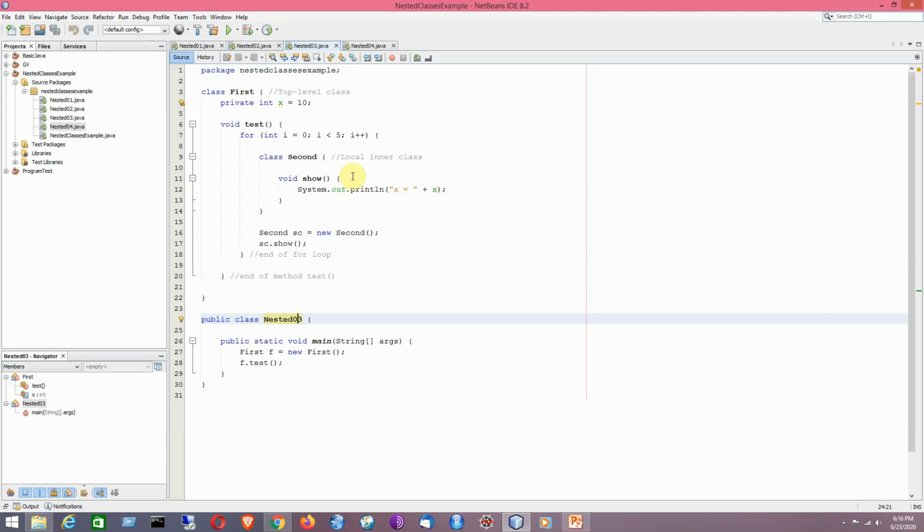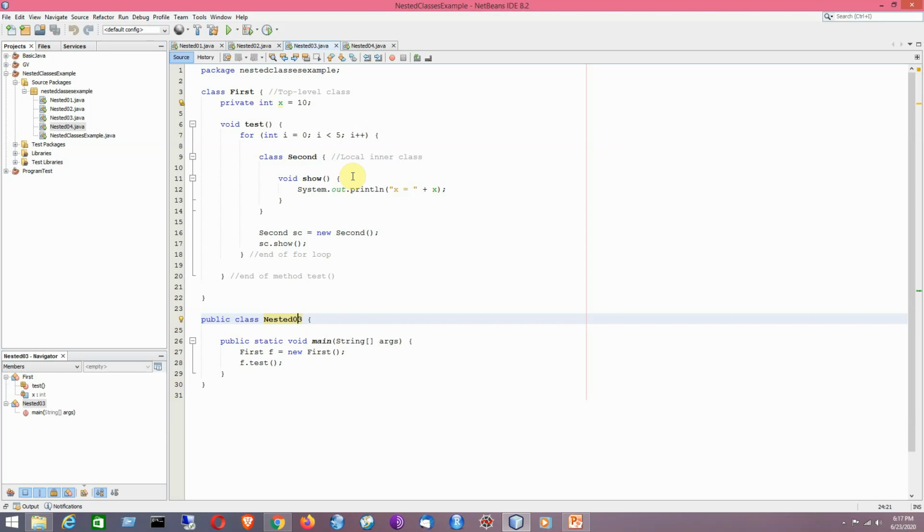That means by using this concept we can declare an inner class within the body of a method, and it is called basically local inner class. It is a variation of the inner class, that means non-static nested class, which is defined at the method level, and it's a special category of inner class.